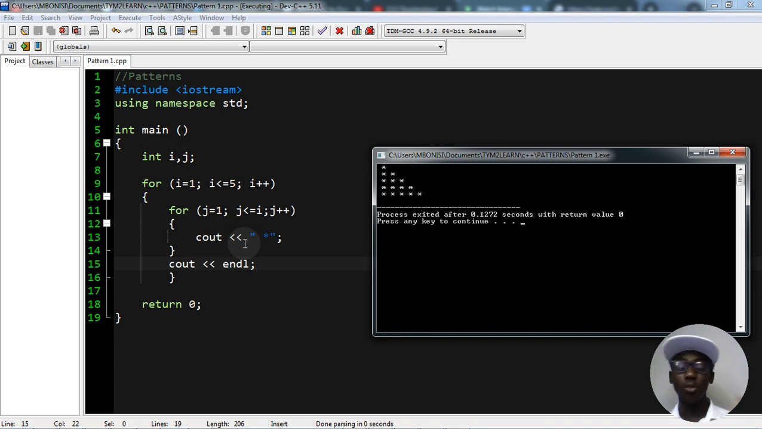So guys, this is how you print out and make your first, or maybe this is your second one,